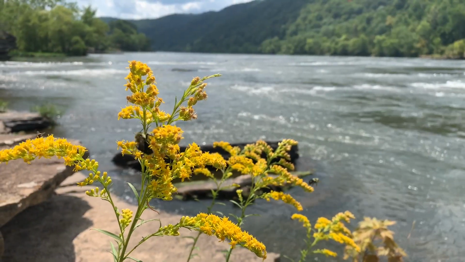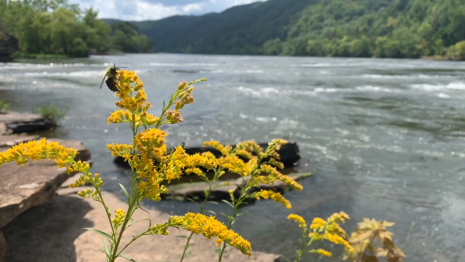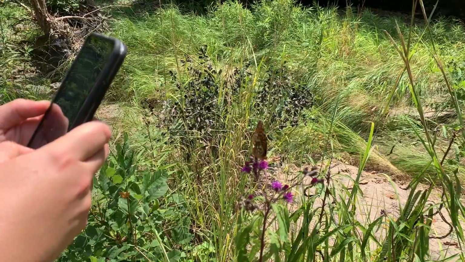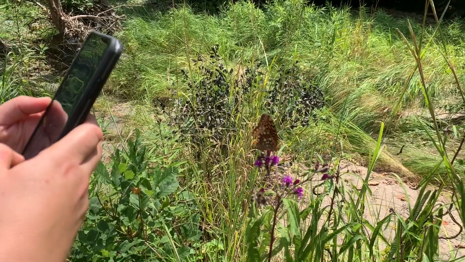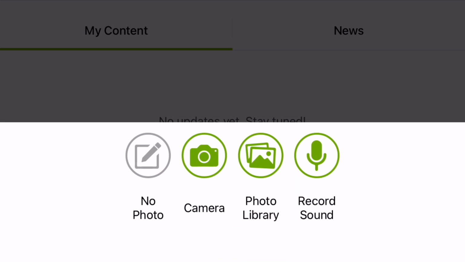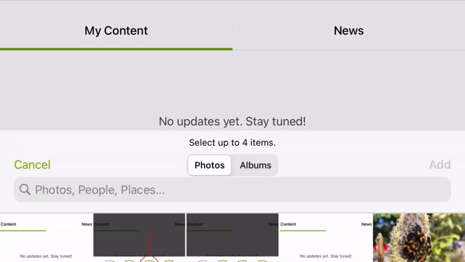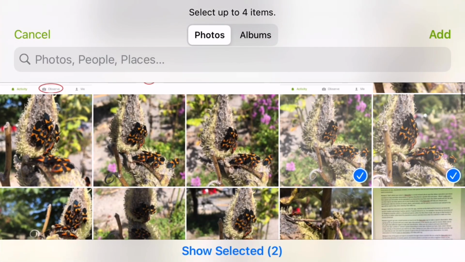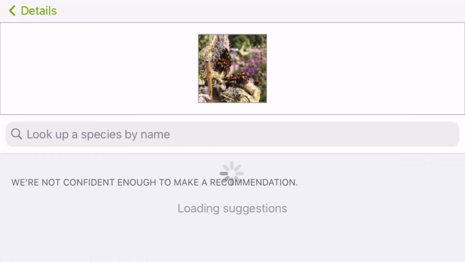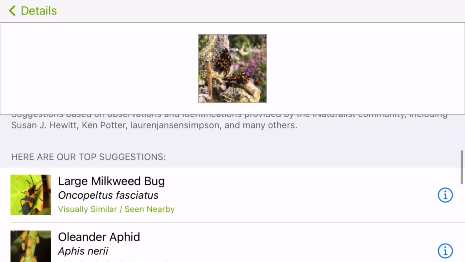So let's go over a brief tutorial on how to use the iNaturalist app to make a species observation. After signing up for an account with your email, take a few pictures of the species you want to record. Make sure to try to get a few different angles to help with identification. When you are ready to post your observation, choose the plus symbol or camera symbol depending on what type of phone you have. Next, select Choose Image and tap on the pictures you want to use. After making sure your date and location data are accurate, tap on What Did You See and select the species or genus that you think matches your observation. For more information on how to make an observation, visit inaturalist.org.